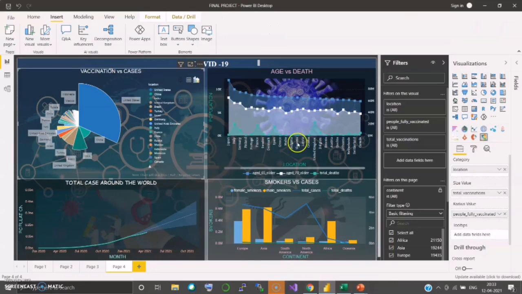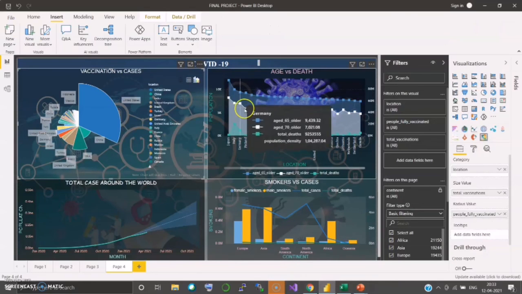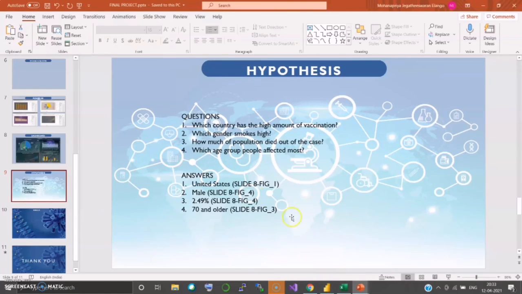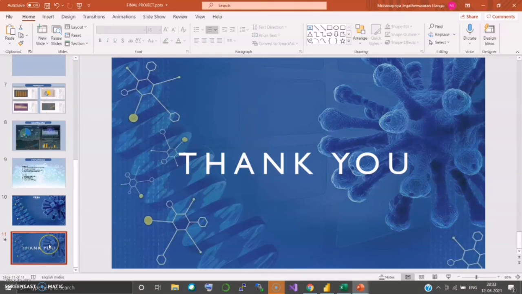Let's go back to figure 3. We can see that age 65 is blue and 70 is white. So we can find that aged 65 people are affected most. So here I have to change that to 65. So that's the end of my topic. Thank you.